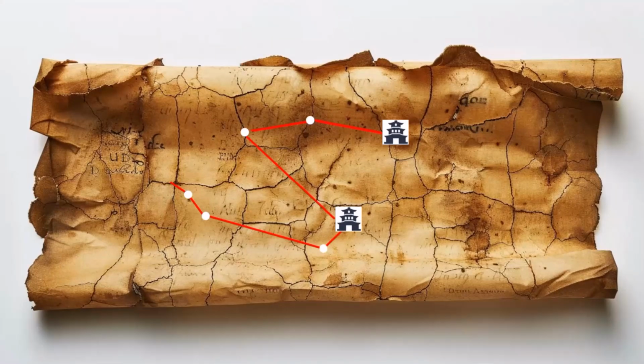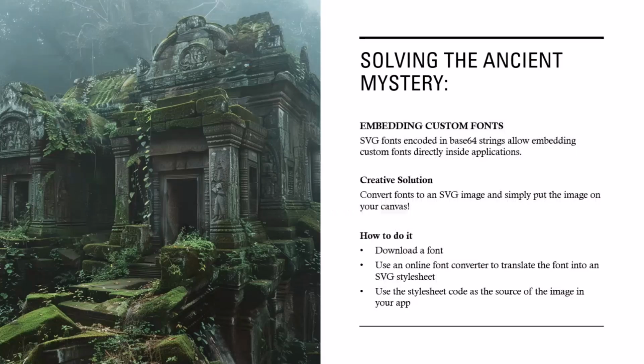Rumor had it that this temple contained the secret of an arcane language called Base 64 or something like that, which could encode fonts directly inside Power Apps. On a rickety shelf carved into a wall, we discovered the scroll we were looking for, but the language was strange and confusing at first.